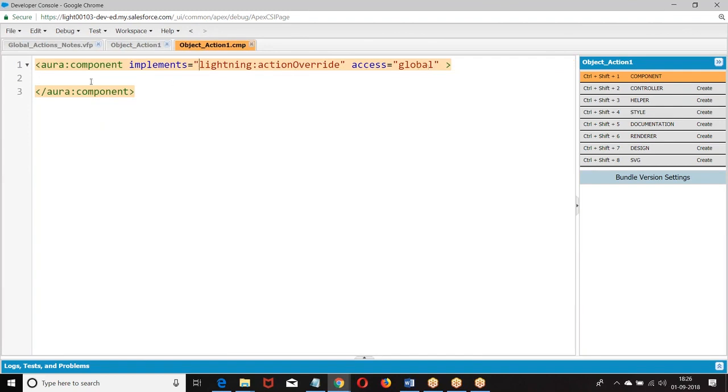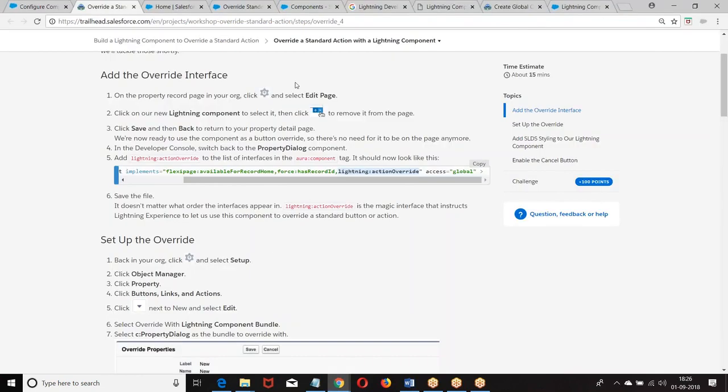Okay. Now I am giving it. Right. Component implements Lightning action override. Okay. Now it is case sensitive. Let me copy it.